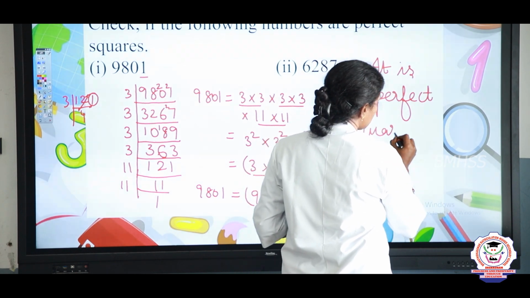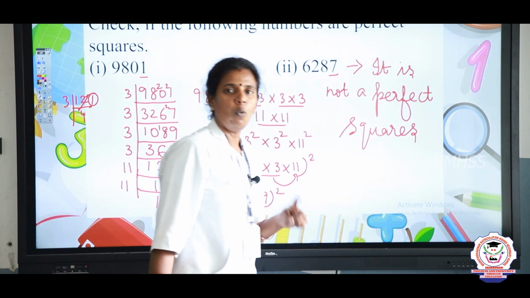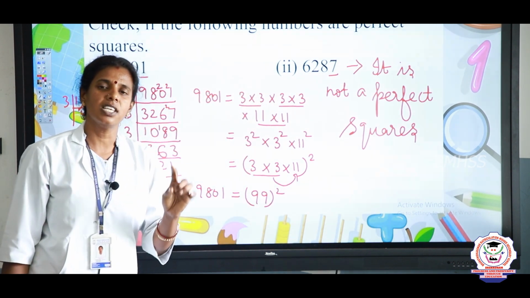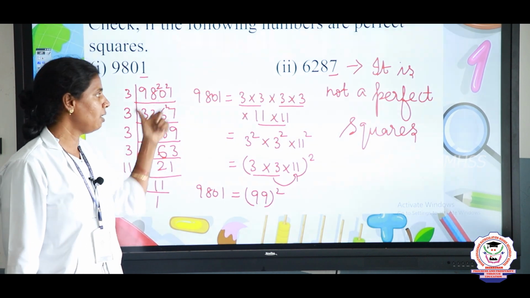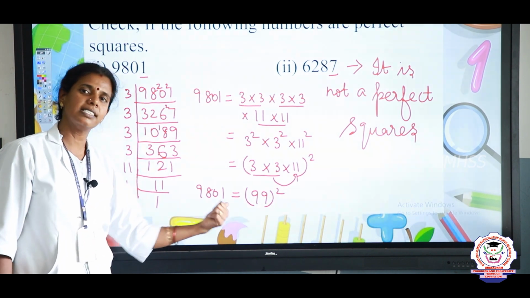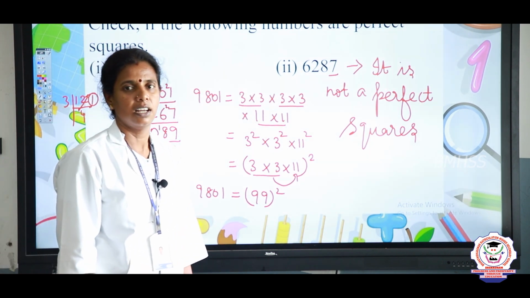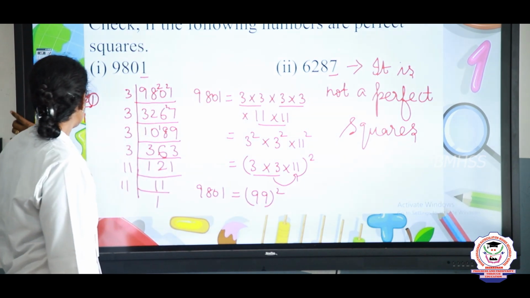So the number which ends by 0, 1, 4, 5, 6 and 9 may be a perfect square. If it is a perfect square or not, by using prime factorization we can find the answer like this, right? The next we are going to see